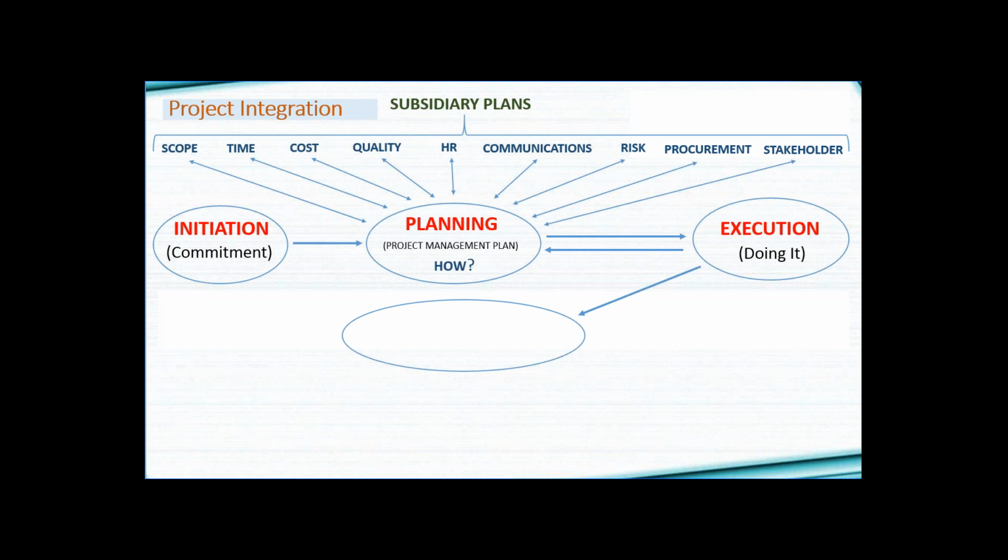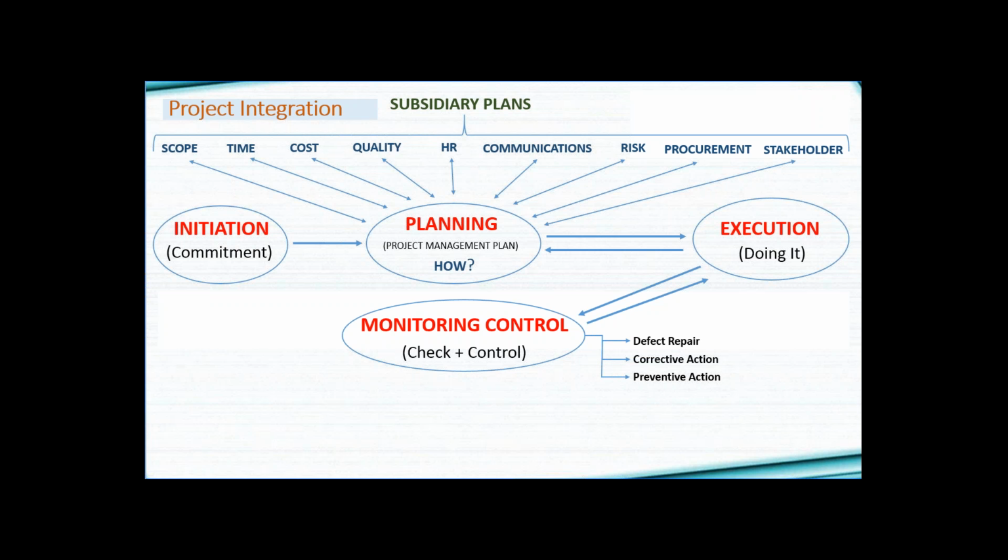You may have to revise the project management plan. And while executing it, you do the monitoring and control. And what is monitoring and control? Checking at the appropriate time or at the end of the deliverables and controlling it. You may repair the defect and some work is redone, so the arrow is going back to the execution. Once the work is redone, again it is monitored and controlled.